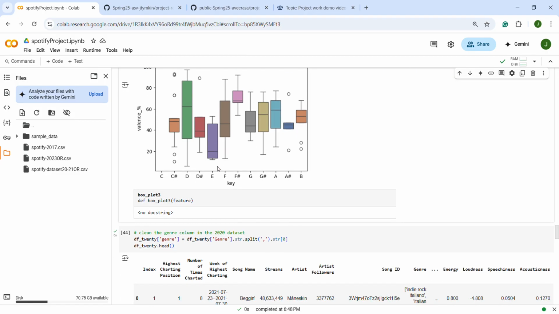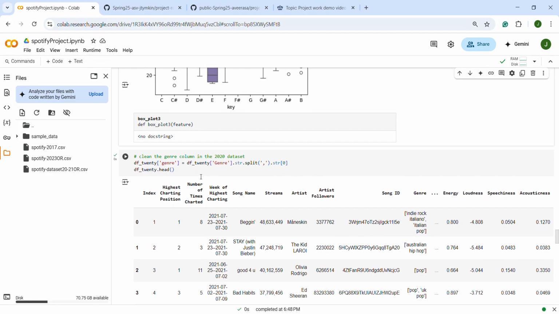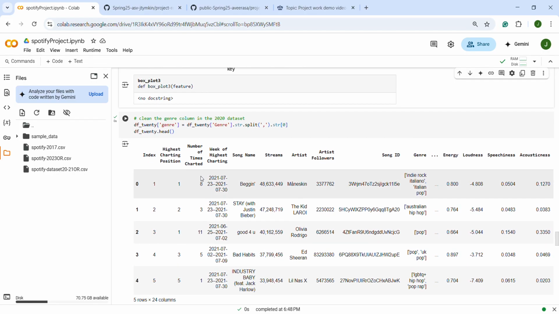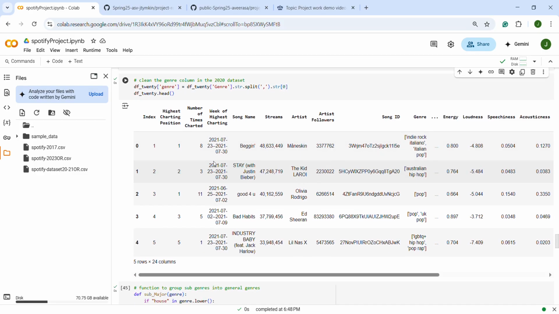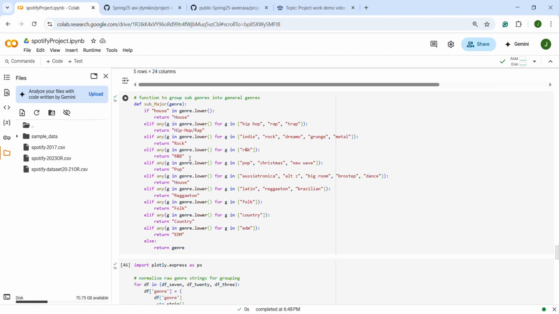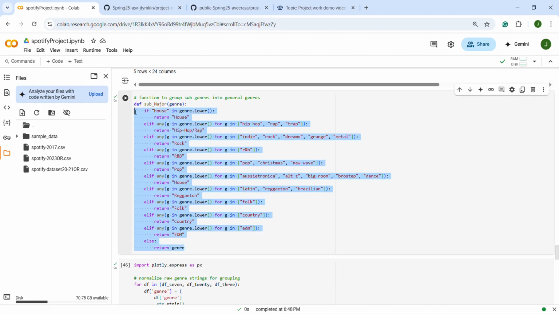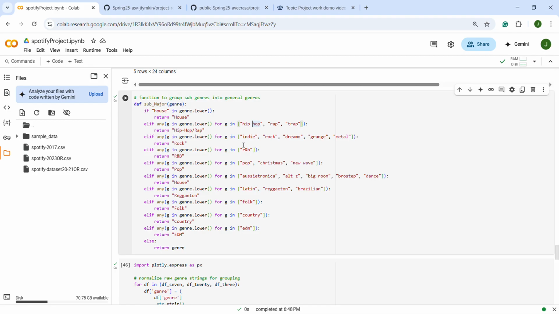My next one, I wanted to see if genres can shift over a 7 year period, which I didn't really think they could. I thought it would be generally the same. Here I had to group them because there are so many subgenres, but they're all related to a larger genre. So you can see hip hop, rap, and trap. You can just call this one genre, right?